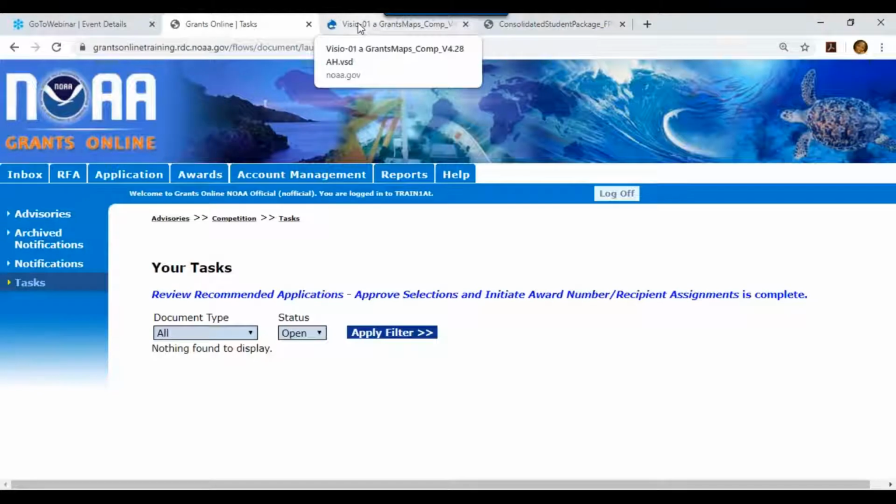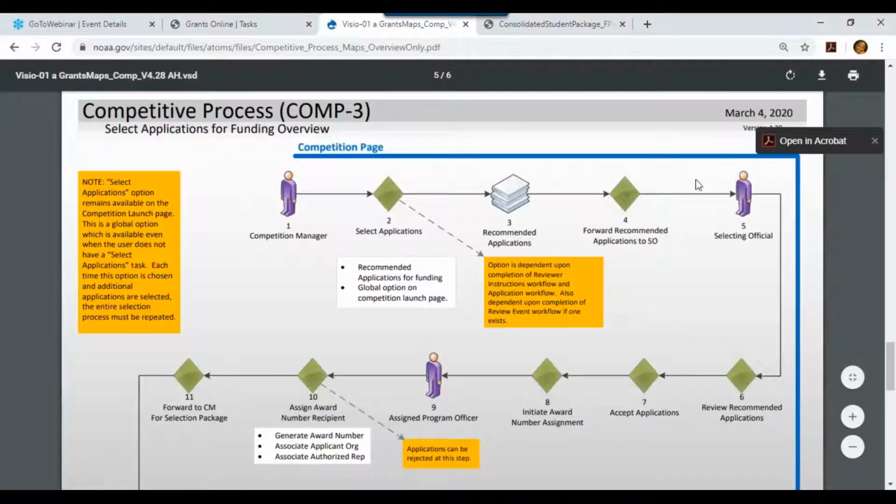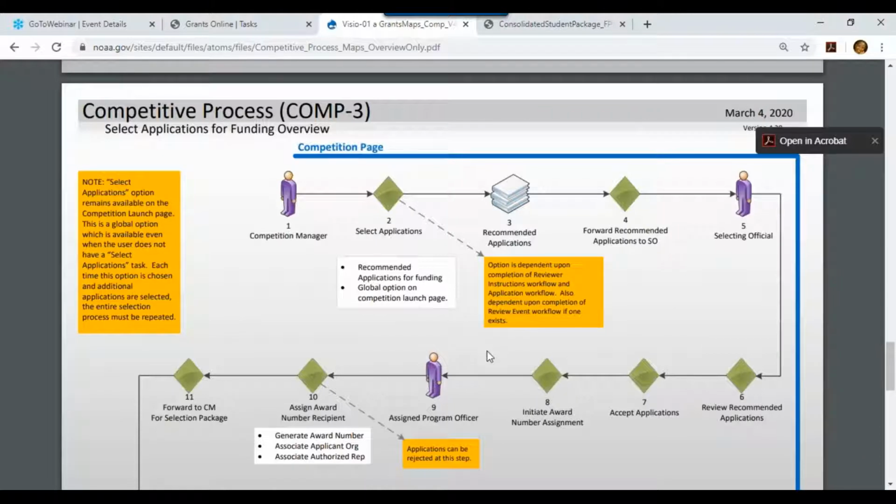Let's flip over to our process map. The selecting official has reviewed the recommended applications. They have now accepted the ones that were recommended, and now we just completed this task right here to initiate award number assignment. Those applications are now sitting with their respective assigned program officers, all 3 of them. And so we're going to do this particular step 3 times because we have to do it separately for each